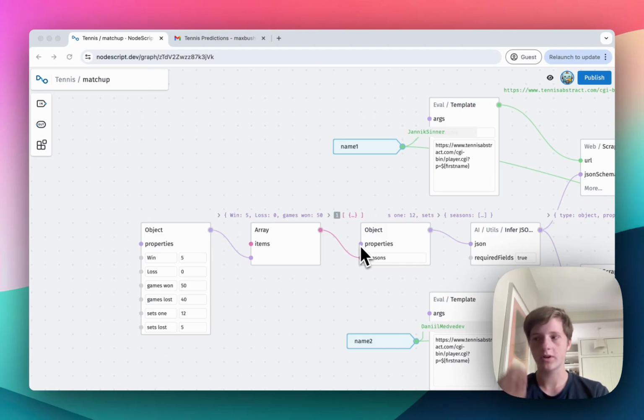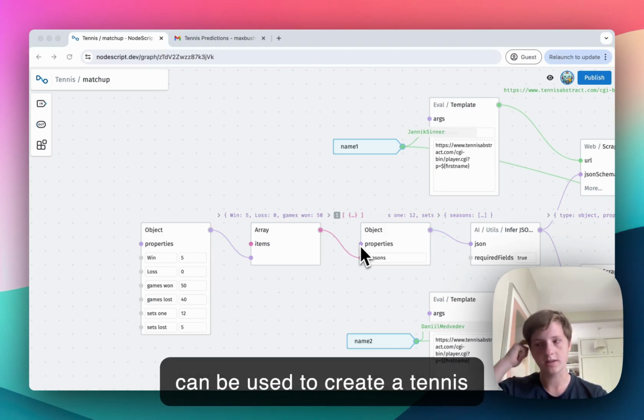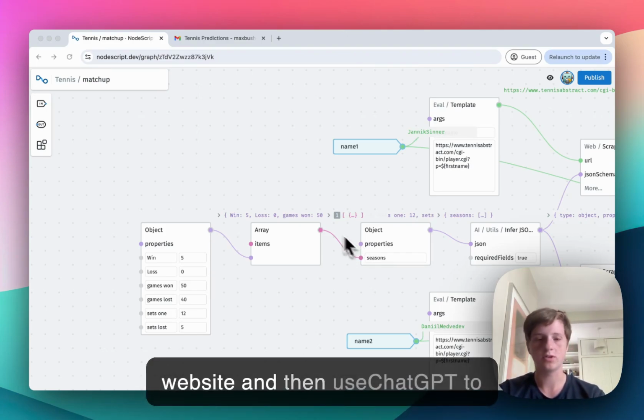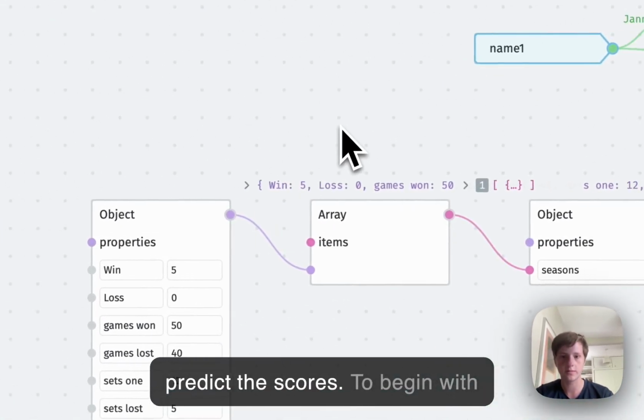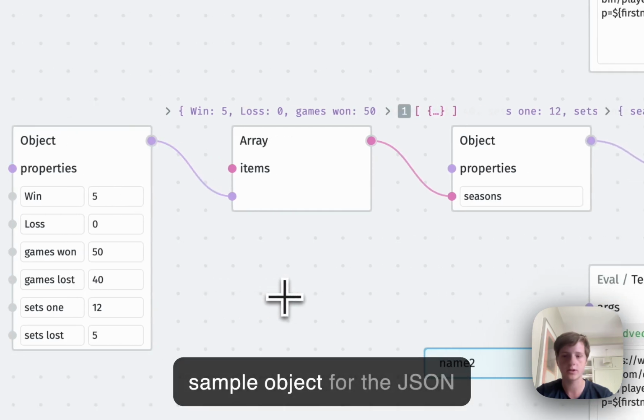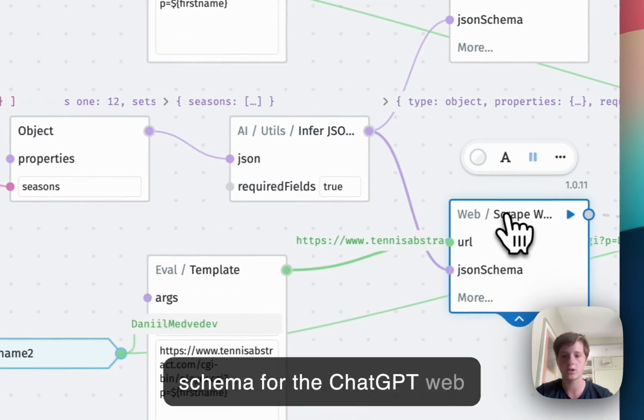Hi, today I'm going to show you how NodeScript can be used to create a tennis scores predictor. This will scrape the names off the Wimbledon website and then use ChatGPT to predict the scores. To begin with, you're going to need to provide a sample object for the JSON schema for the ChatGPT web